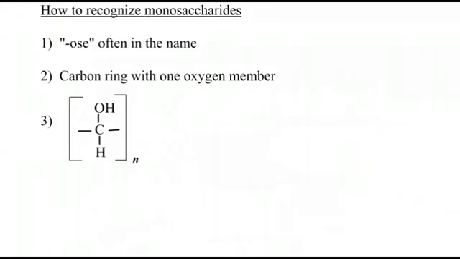I want to remind you that after you've looked at all these monosaccharides, they do have a lot in common, which helps you recognize them very, very easily. The first thing is they often have the word ose in the name, and as you're saying, glucose, fructose, ribose, deoxyribose, they all have ose. So the ose ending will tell you that it's a carb. That's not always true. You're going to find out that is not always true. Also, you're going to see that in carbohydrates, you're going to find a carbonaceous ring, which only has 1 oxygen member in it. And then, of course, don't forget this right here where you have a carbon that's essentially associated